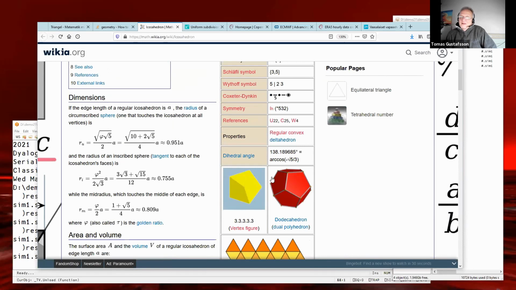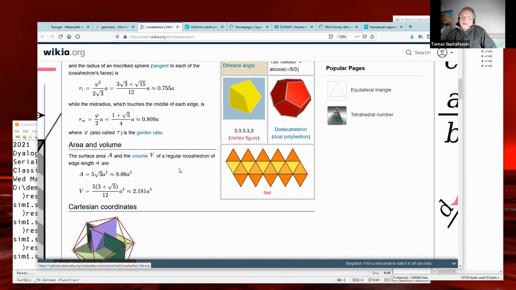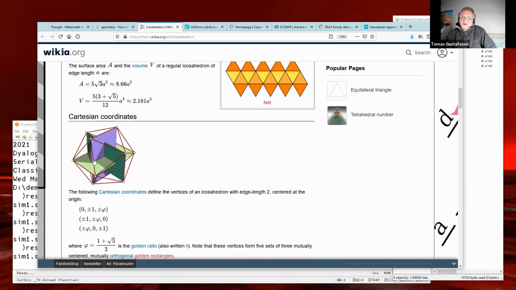Specifically, all vertices touch a sphere that you bake around it. And this is the geometry of the thing. It's so regular that you can start with these to actually create the geographic sphere.